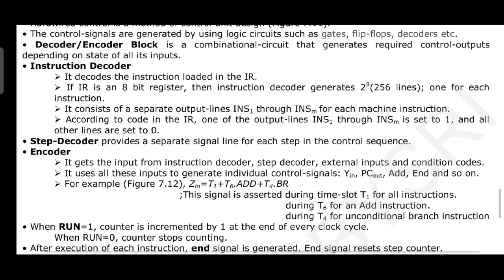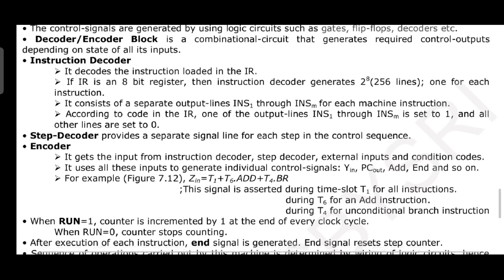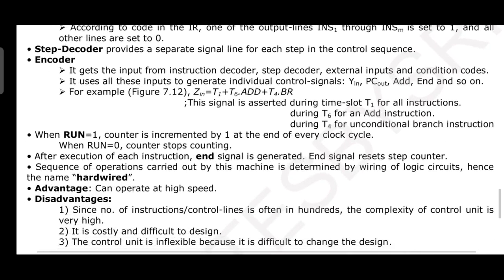The question comes, right? There are two technologies to generate the control signals in sequence. They should not be generated randomly. They should be generated in a particular sequence. So there are two methods to generate them. One is hardwired control. It's not hardware. Hardwired control, and the other one is microprogrammed control. Hardwired control is a combination of AND, OR gates, or logic gates, you can say. So a combination of logic gates will produce the hardwired control.